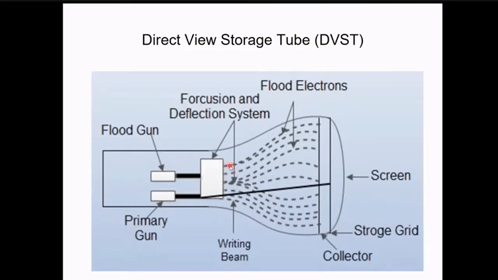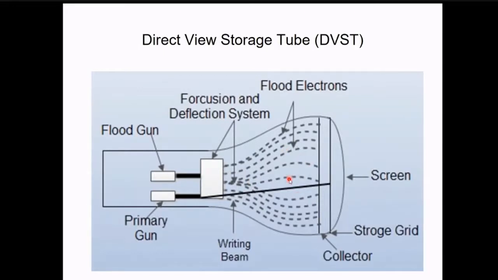And then we have the deflection system. As I told you, the deflection system helps your electrons to move in a particular direction, whether it is vertical or horizontal or some other direction. That is needed because the electrons don't know in which direction they have to move. They are just negatively charged things and they don't have that kind of knowledge with them. So that's why we need this deflection system, and then it will bombard the screen with the multiple negatively charged electrons.